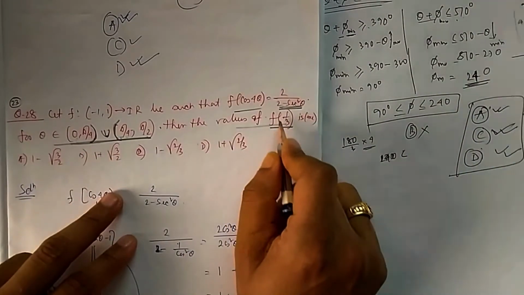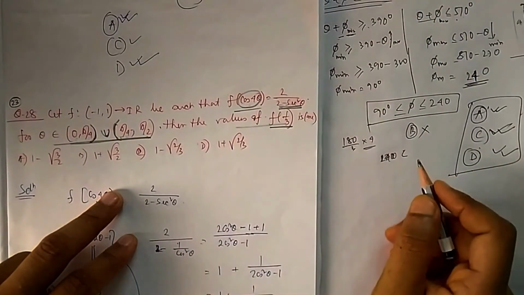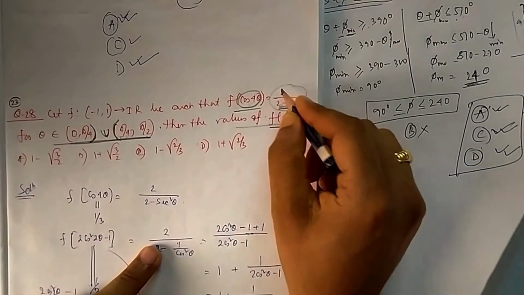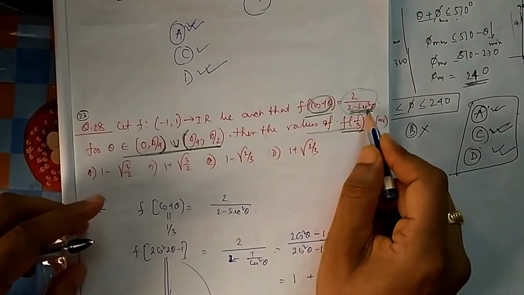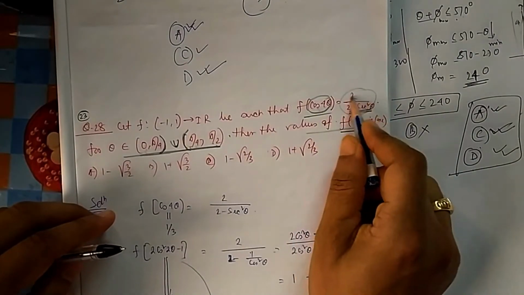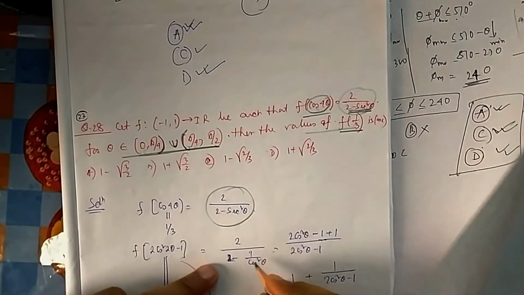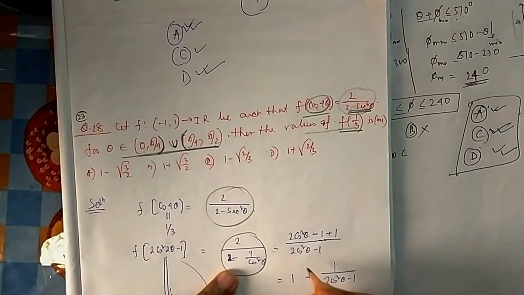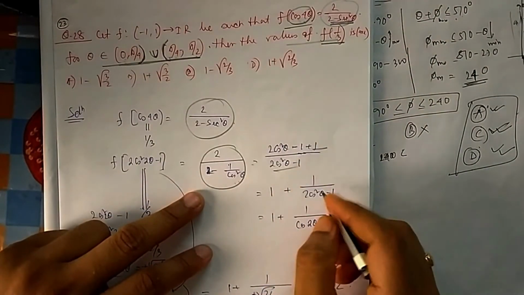They ask you to find f of 1 by 3. So you need to put 1 by 3 in place of cos 4 theta. What is the value? Let me simplify this one first. If I can bring this into 4 theta format, then in place of cos 4 theta I can directly put 1 by 3, because cos 4 theta is 1 by 3. I have to look here to find cos 4 theta. So if you simplify this one, 2 by 2 minus cos square theta, because this is in cos, it will be in this fashion.